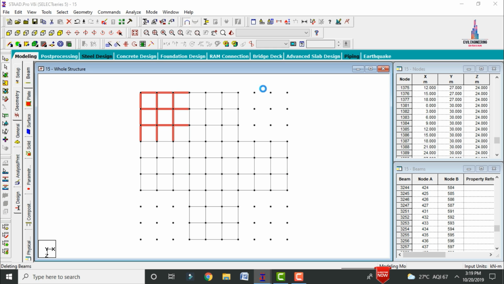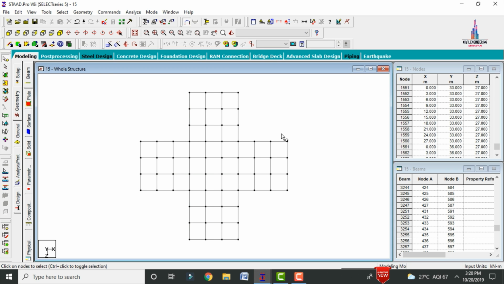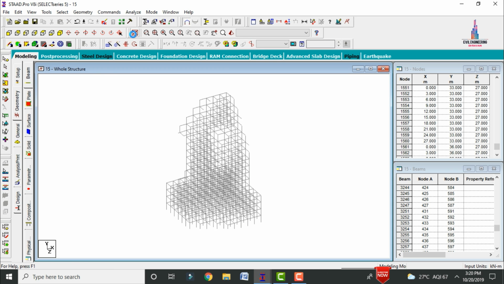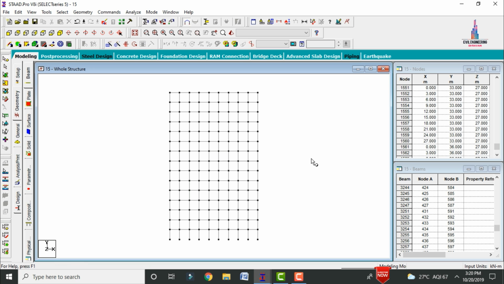After that we have to remove the node point sections for this building. Initially I am selecting the node cursor here. Select these 3x3 node points. Again we have to select the 3x3 node points here like this, and again the 3x3 node points here. Click on the delete option and click on the S option. After that we have to keep the structure in front view for this building. Initially click on the host structure command, and again keep the structure in front view. Now we have to cut the top 5 stories for this building.